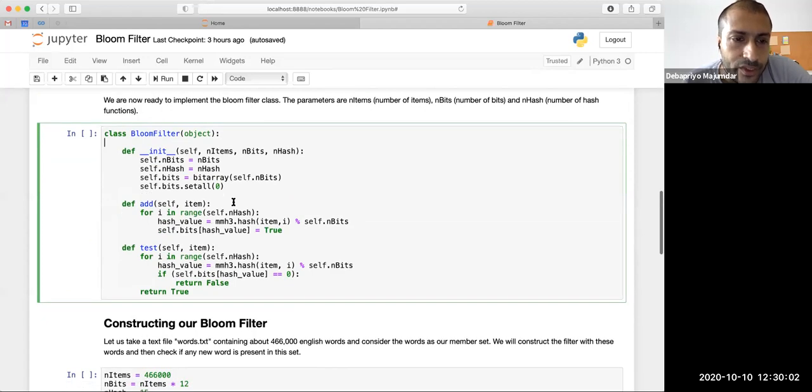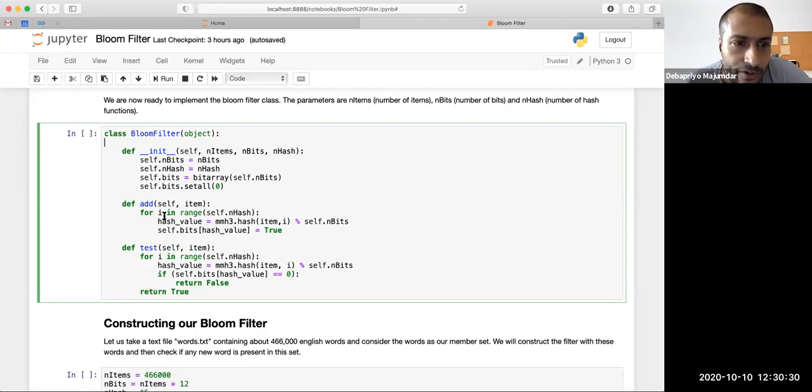Then we need two functions. One is to add an element. This is in our construction phase. We have a set of members which we call valid. In our particular example of email addresses, we call them valid. We'll have to add each of them. That means we'll have to hash each of those members using each of the hash functions and set the corresponding hashed bit to 1.